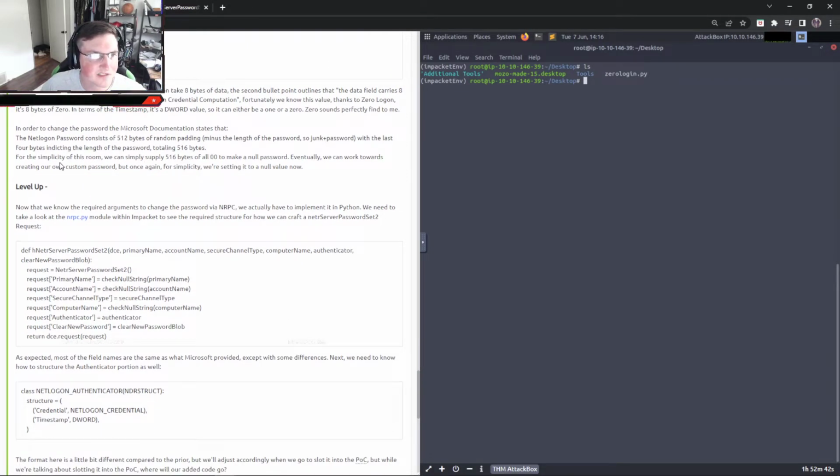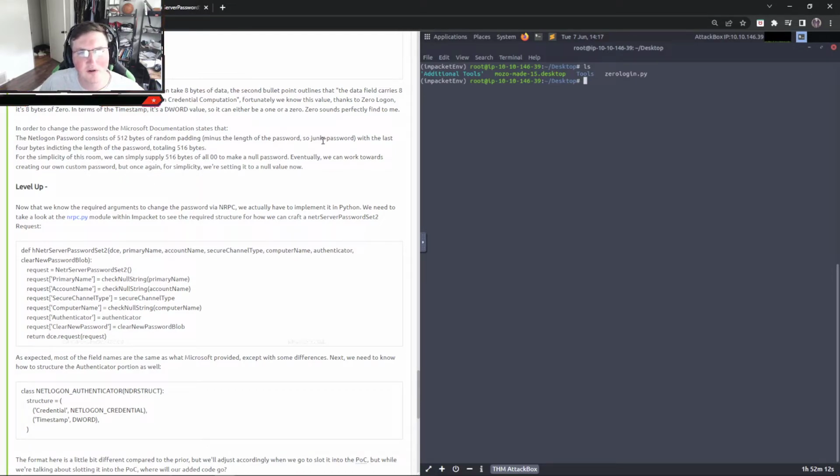Okay, so for the simplicity of this room, this is where they're talking about the password. This is how Microsoft handles passwords. The NetLogon password consists of 512 bytes of random padding, so it's random minus the length of the password. So whatever junk you want to put in, padding plus password, with the last 4 bytes being the length of the password, totaling 516 bytes.